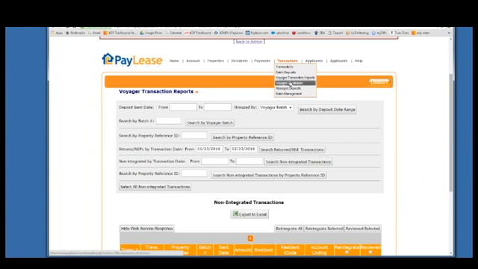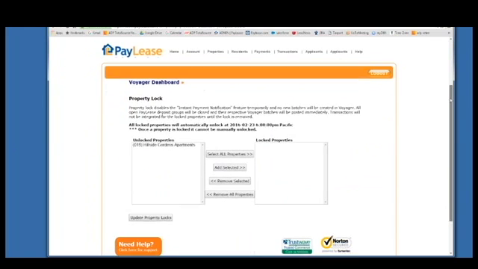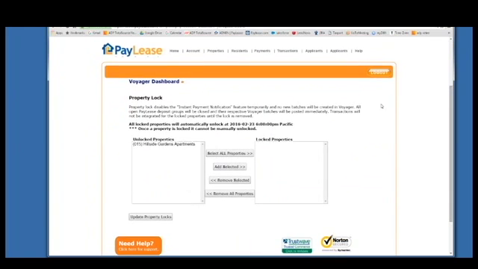Under transactions, we also have this Voyager dashboard I wanted to show you right here. This dashboard, I would say, is used primarily for month-end close. This gives the ability for the Voyager integration to shut off for a short period of time. So say you were doing month-end close and you wanted payments to stop posting over to Yardi while you're doing it. If you selected your property, add selected, update property locks, it's going to lock the property. This means it's going to close out any batch in Yardi,